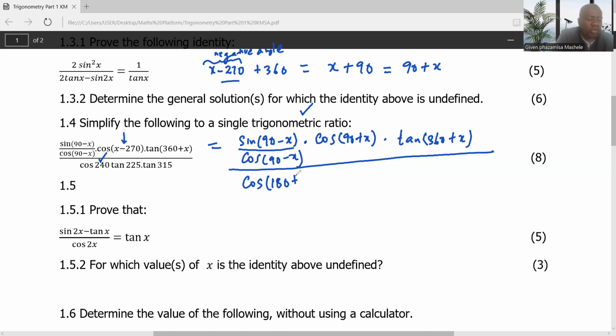Which angle can I add on 180 to get to 240? Obviously, that will be 60. So 180 plus 60. 180 plus 60, it's 240. Times tan